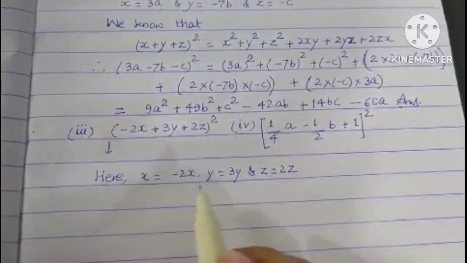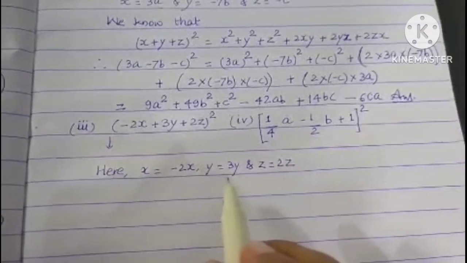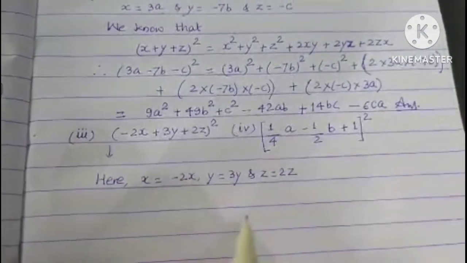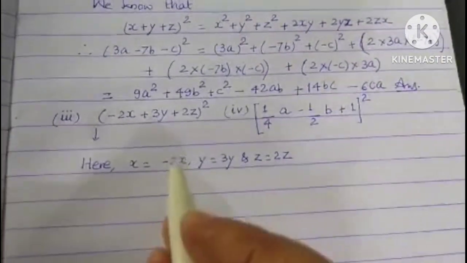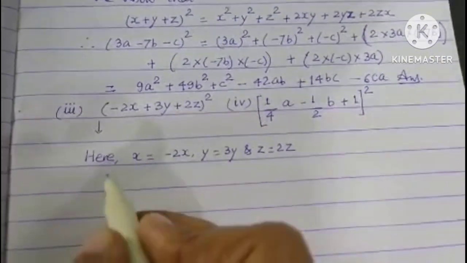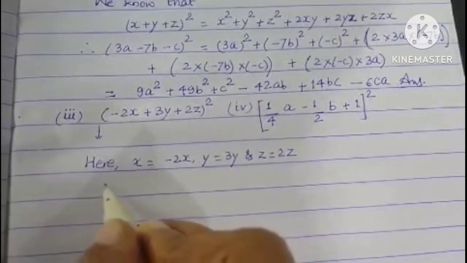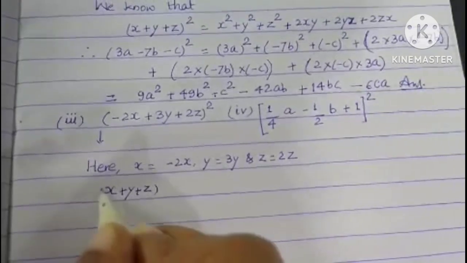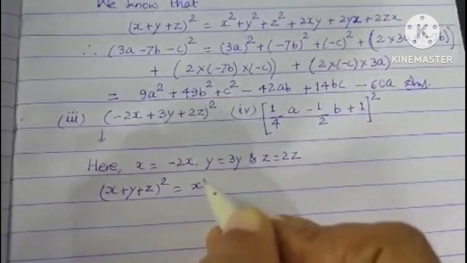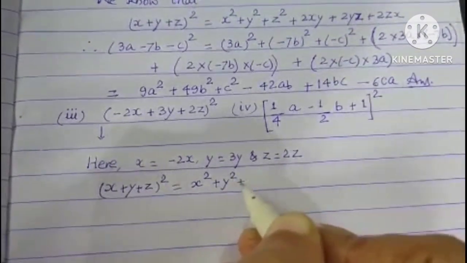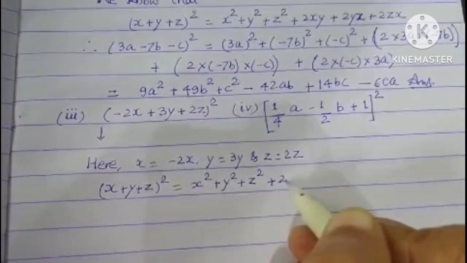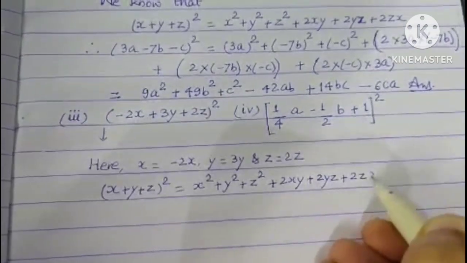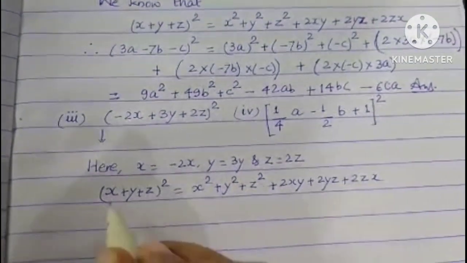This is good if we write it like this. So there will be no chances of miscalculation, okay? Because with these plus minus signs you may have problems in some questions if you don't write it properly here. Now let us move forward. So we will write the formula here. (x + y + z) whole square is equal to x square plus y square plus z square plus 2xy plus 2yz plus 2zx. Now we will put it here.